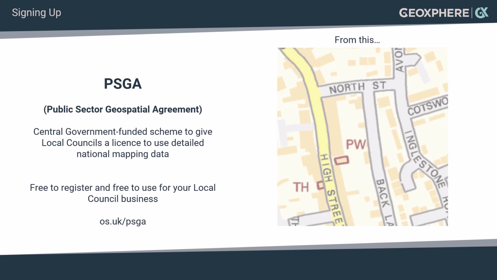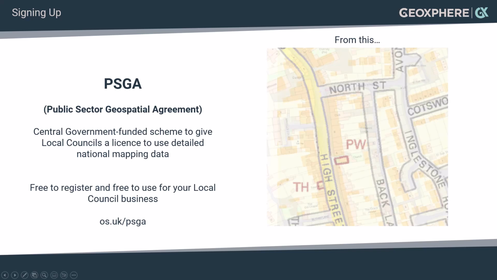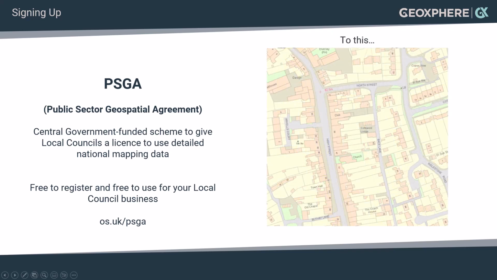Now, during the sign up form, there will be 2 questions relating to 2 very confusing acronyms. One of them is the PSGA, which is the Public Sector Geospatial Agreement. Basically, this is a scheme to give you as a community council access to higher resolution digital mapping. So in a nutshell, it means you go from this kind of mapping on the right hand side to this higher detailed property level mapping. Now it's free to register and free to use for your local council. And all you need to do is go to